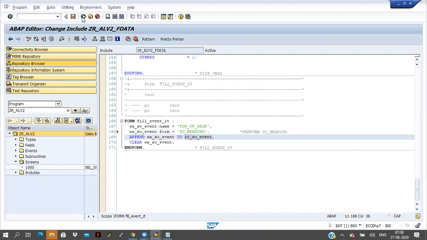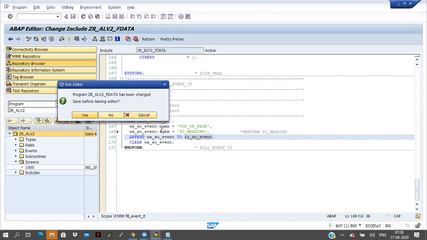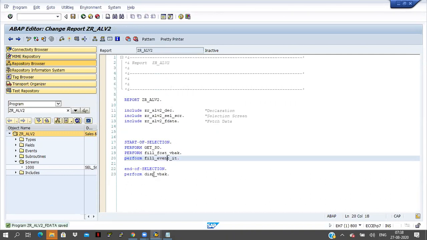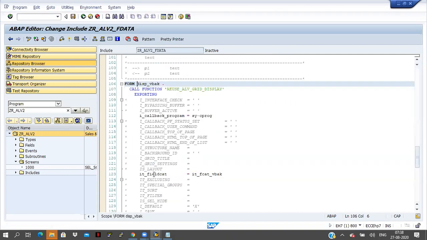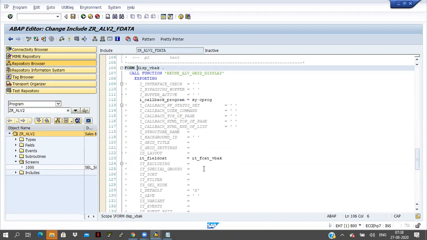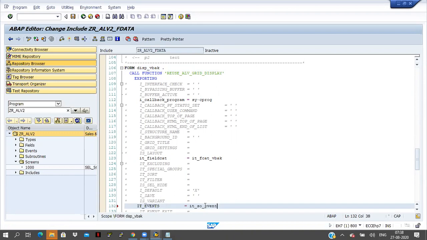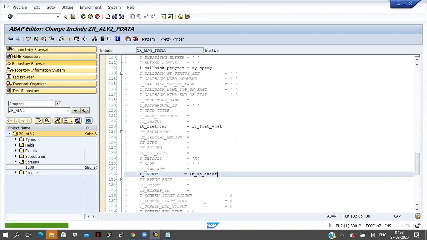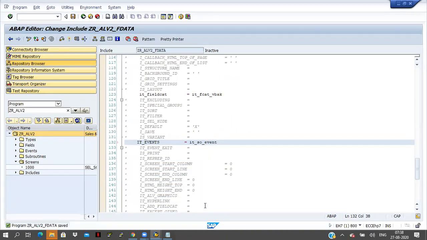So where am I displaying the data? Displaying the data is this one, right? So double click on this one. And here one field, IT_events, is there. So here I will pass the IT_events name.